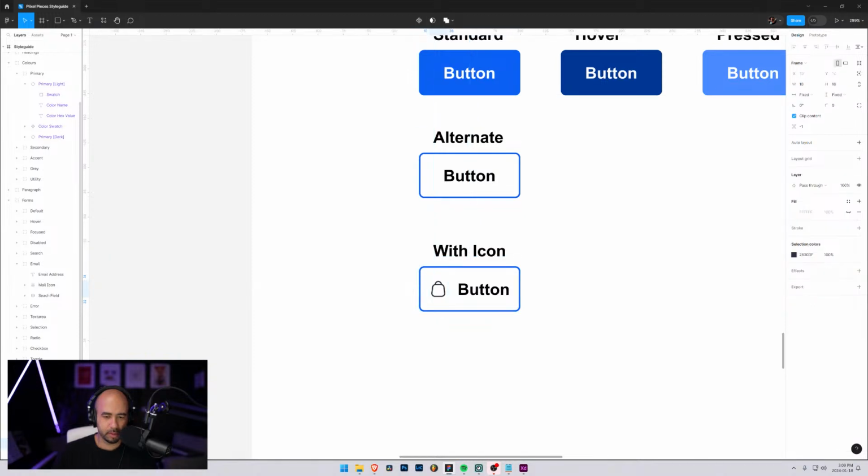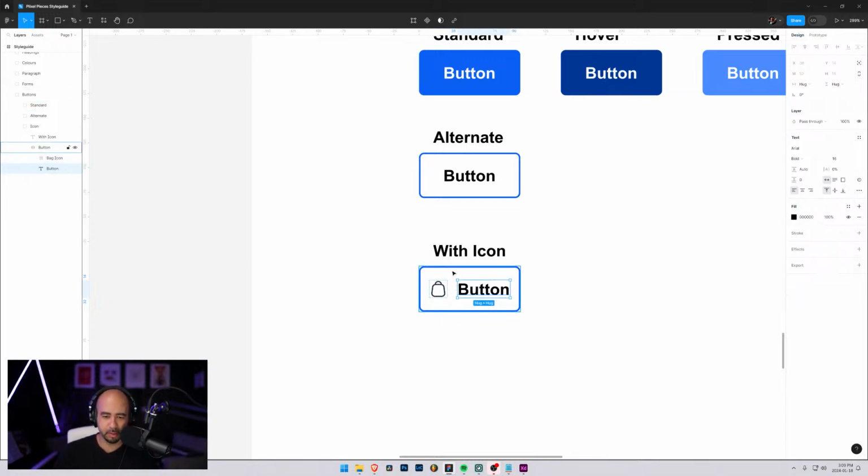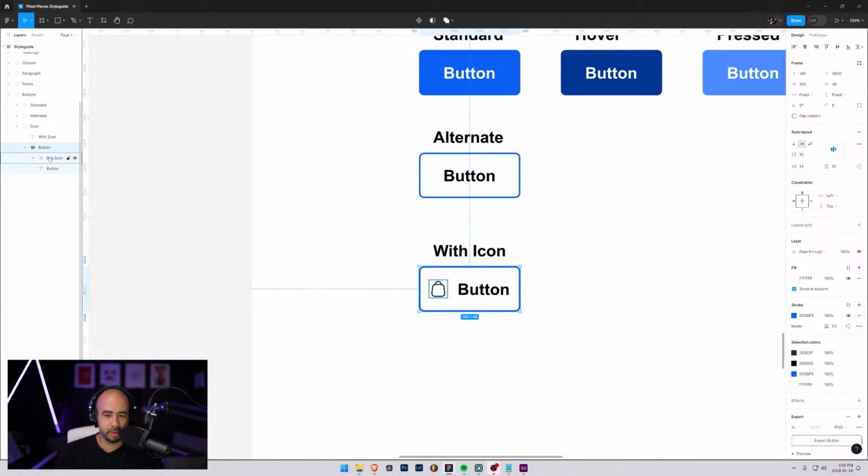Oh, this needs to go in here. There we go. Throw it in. And that is the bag icon. Sorry, you can't see me. I'm just updating the text here. And the layers panel. Okay, so when we go in here,